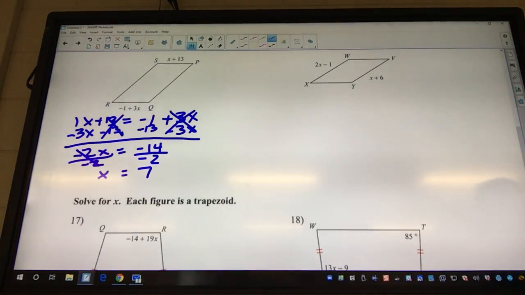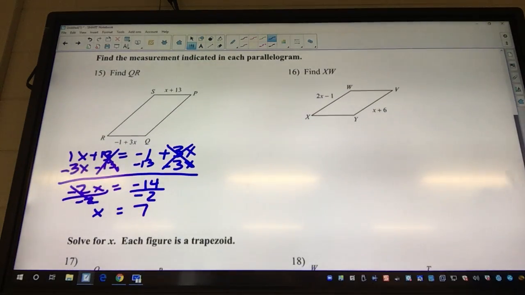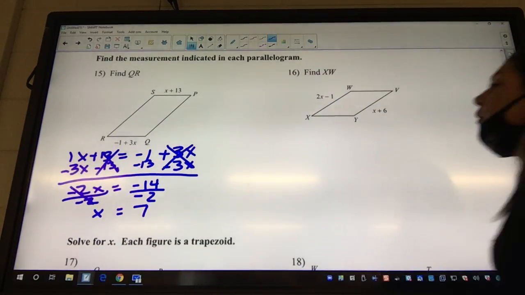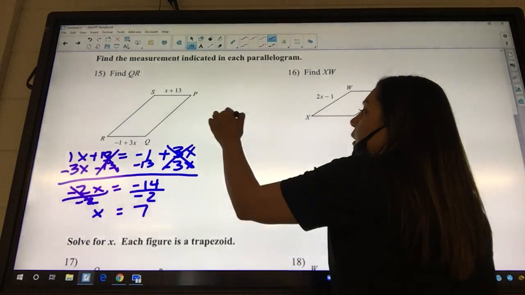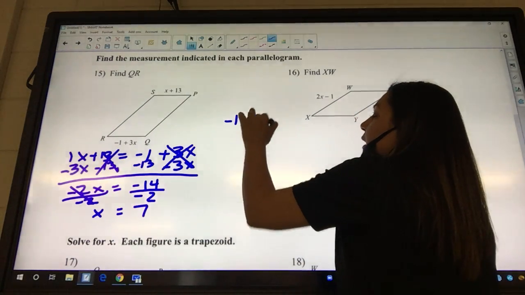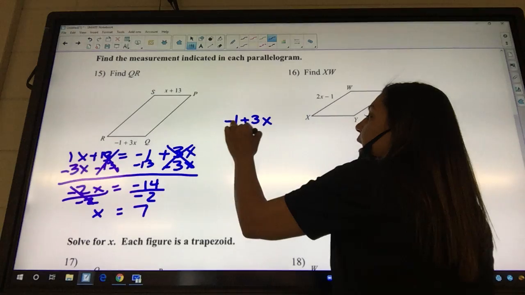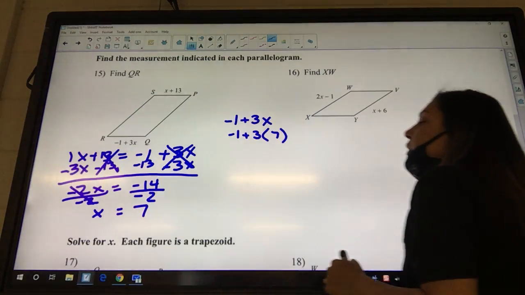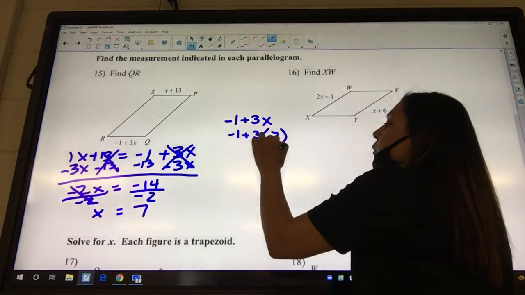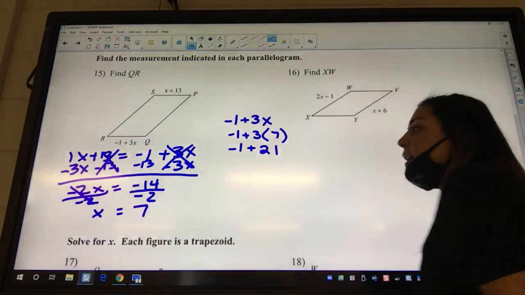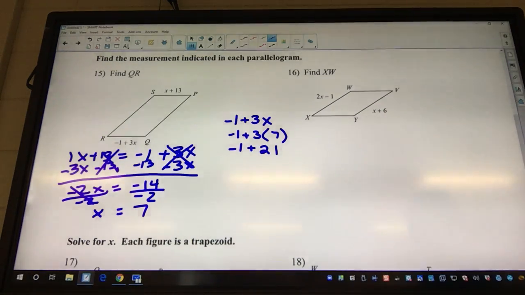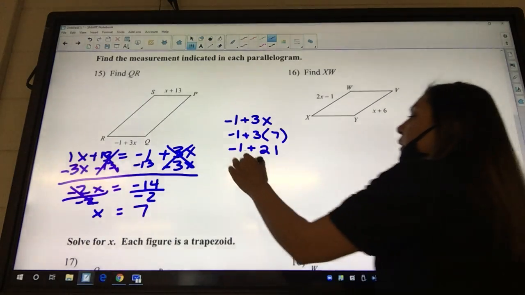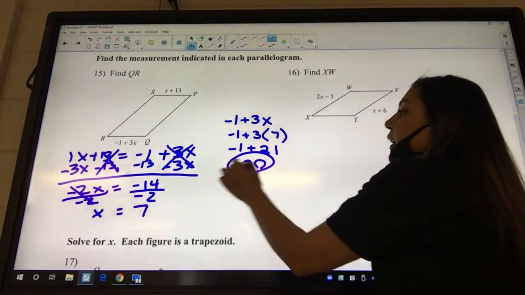Keep going. We keep going, why? What is it asking us to find? Find QR. Okay, and what is QR? Negative 1 plus 3x. And what is our x? 7. Okay, so 3 times 7 is 21. So I got negative 1 plus 21 is 20. Okay, so QR